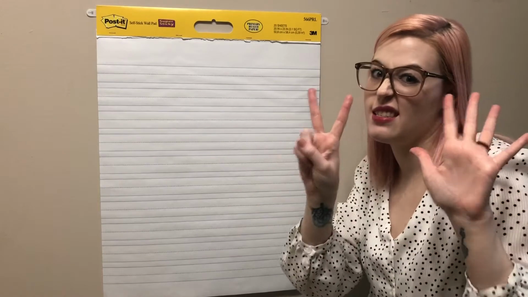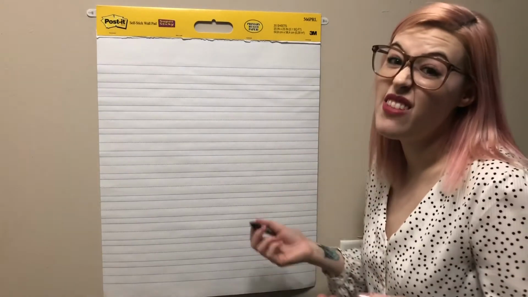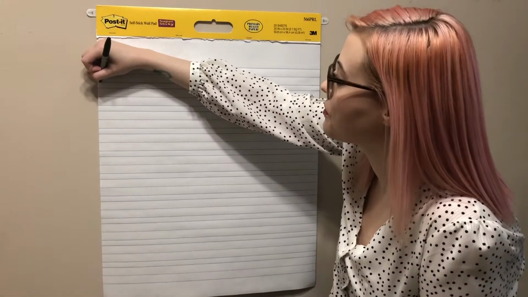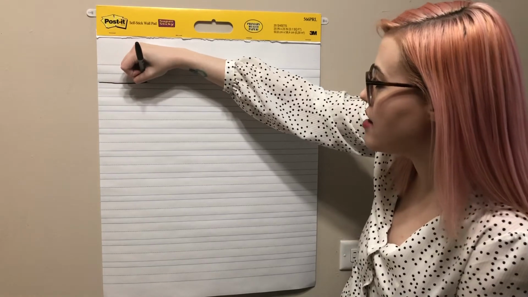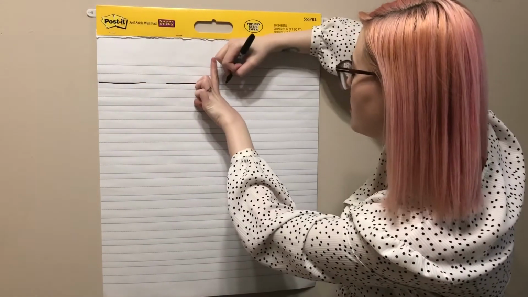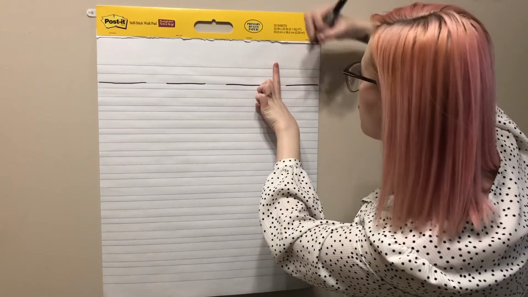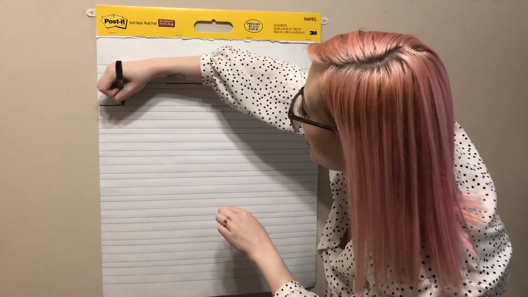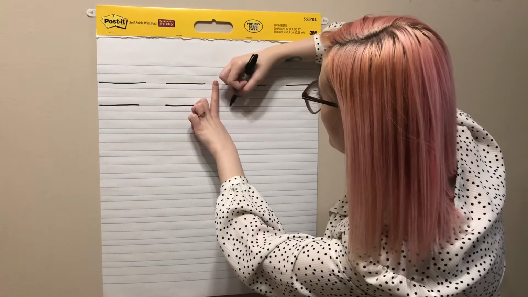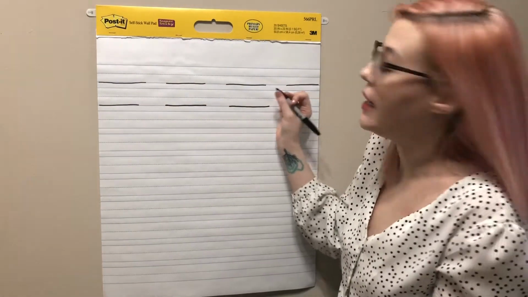So I actually need 7 lines. 1 more than 6, 7. So I'm gonna draw 7 lines, and remember, good writers use finger spaces in between too. 1 finger space, 2 finger space, 3 finger space, 4, 5 finger space, 6 finger space, 7, and good writers always add a period at the end of their sentence.